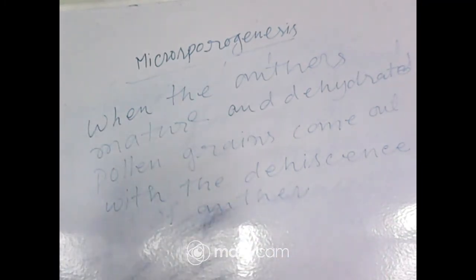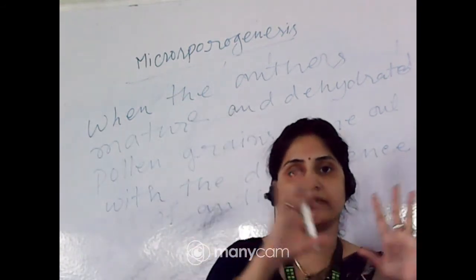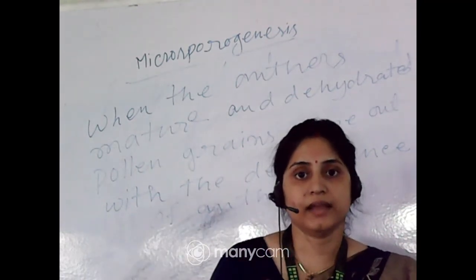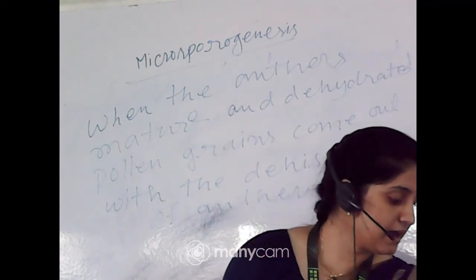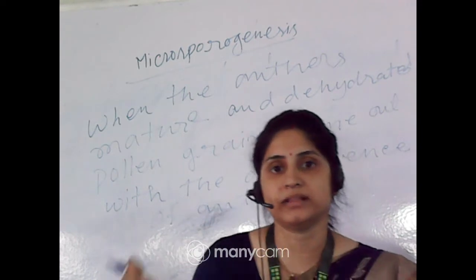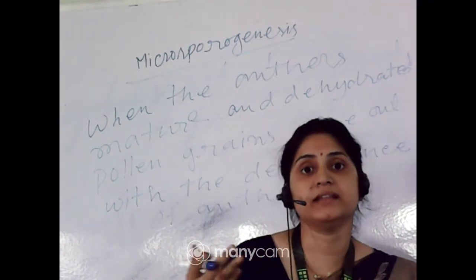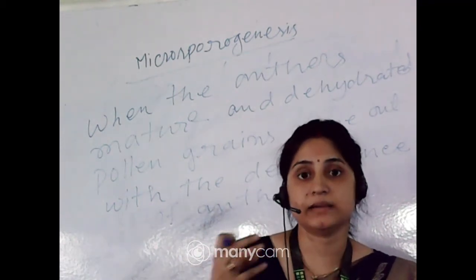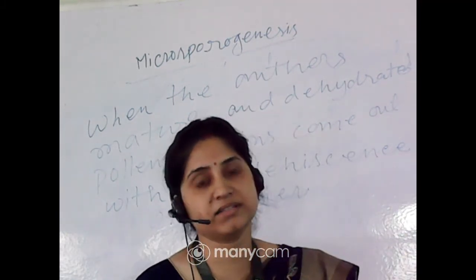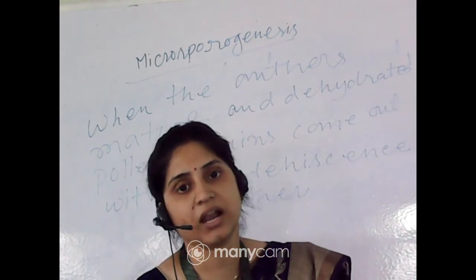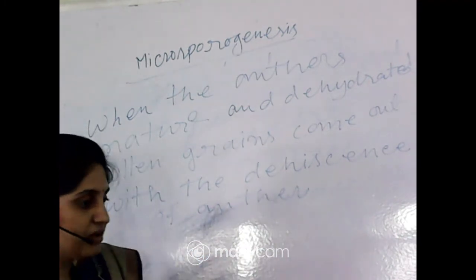Okay, so this is microsporogenesis. First the sporogenous tissue covers the entire cell. Then they start to divide to increase their number. Then the callus develops inside, they transform into the pollen mother cell, and the pollen mother cell is divided by the callus. Then the separated pollen mother cells round off and transform into pollen grains. When pollen grains get matured and dehydrated, they come out through the line of dehiscence. This is the total process of microsporogenesis. Is that clear, everyone?